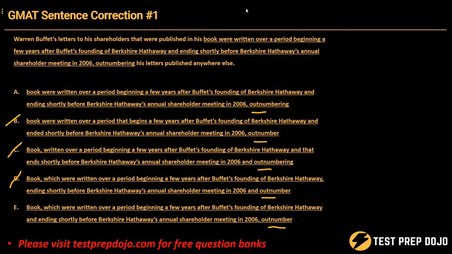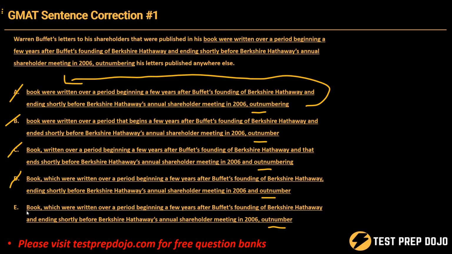So outnumbering actually describes were written here, and that is nonsensical. Also, if you think about the outnumbering taking place at the same time as the were written, that doesn't really make sense. That construction certainly doesn't best convey the author's intended meaning, and so that is why A is actually